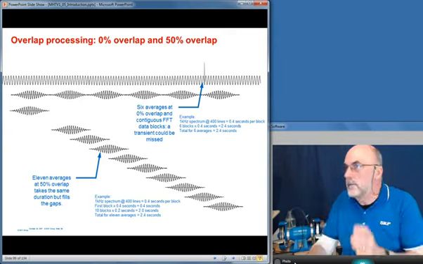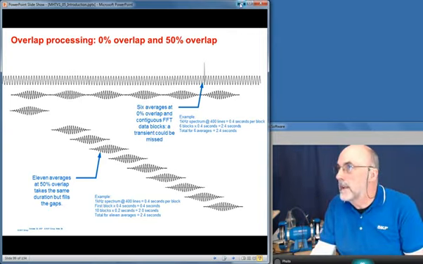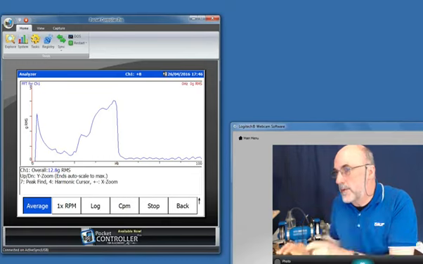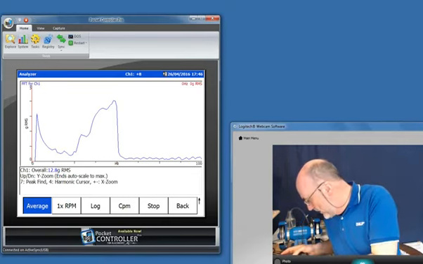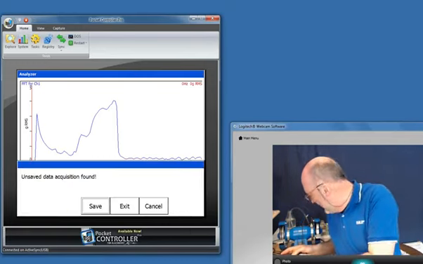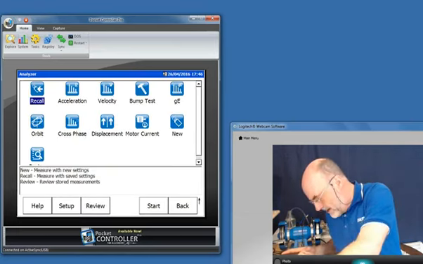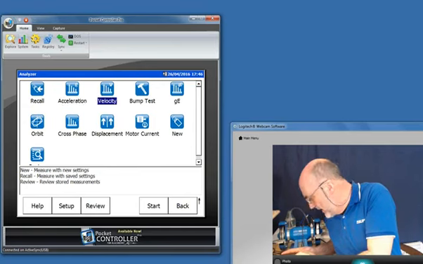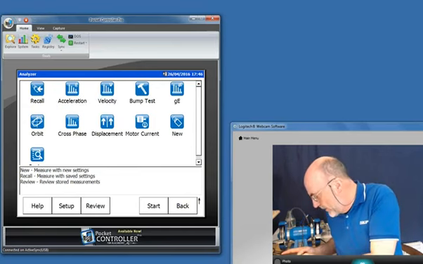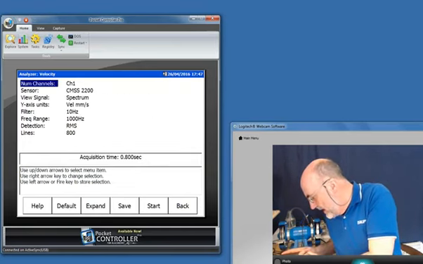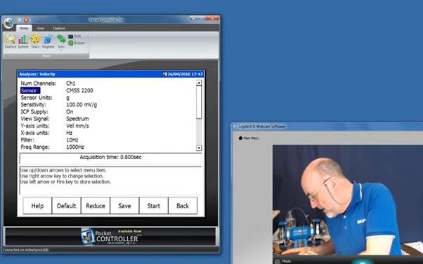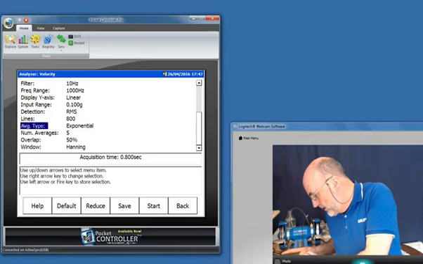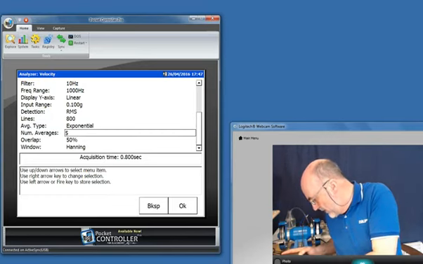So if we go back to our analyzer, I'm going to try and do this really quickly. We'll do it on my electric motor. To save time, I need to get this done within the hour, so I'm just going to recall a straight velocity measurement. We'll go down to our averages section, and to give me time to talk, I'm going to ask for 20 averages.